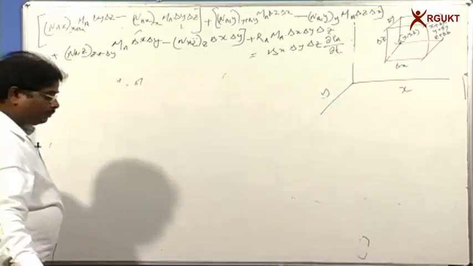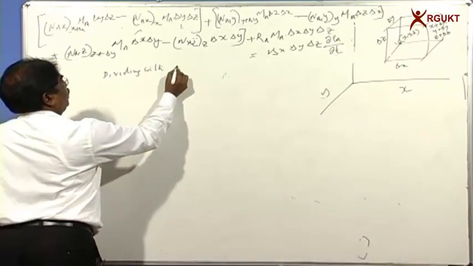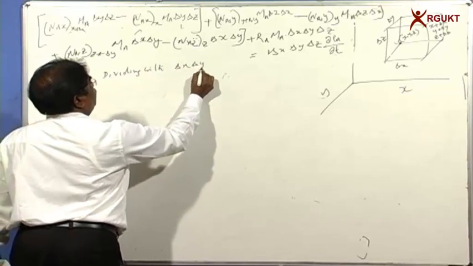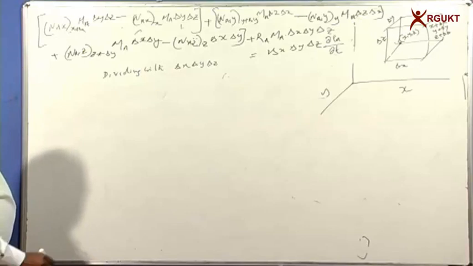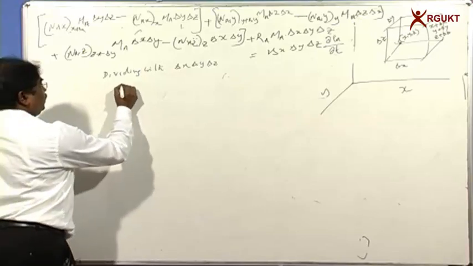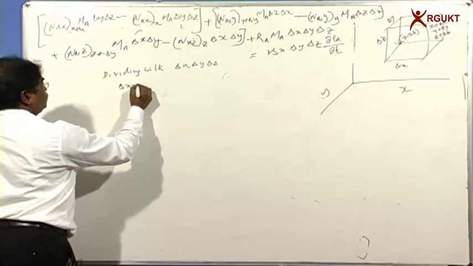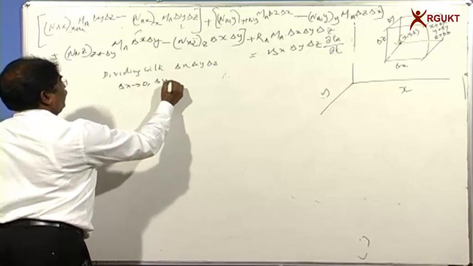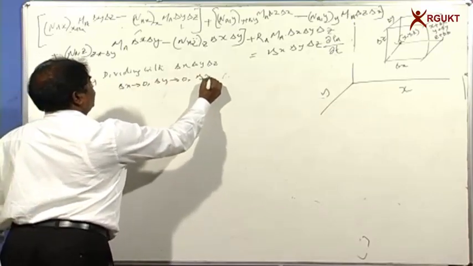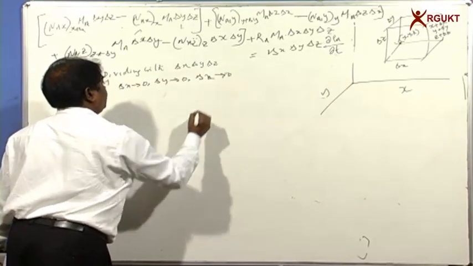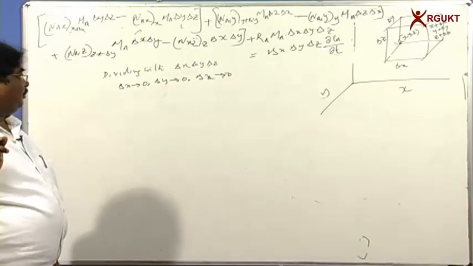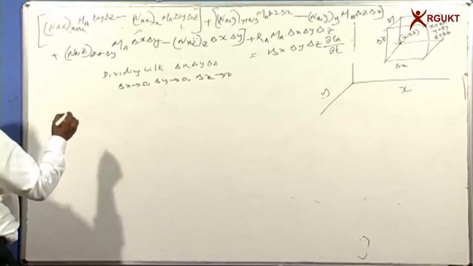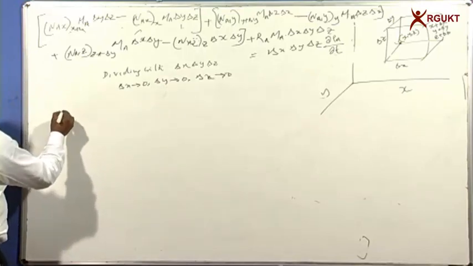Now dividing with delta x delta y delta z and taking delta x tends to 0, delta y tends to 0, delta z tends to 0, that we are taking a differential, the differential thicknesses are becoming 0, and here this is going to become